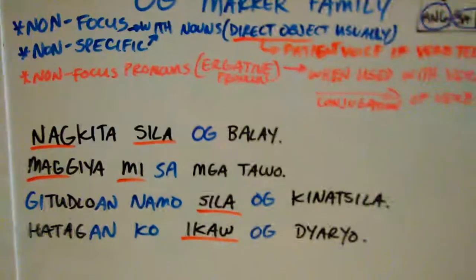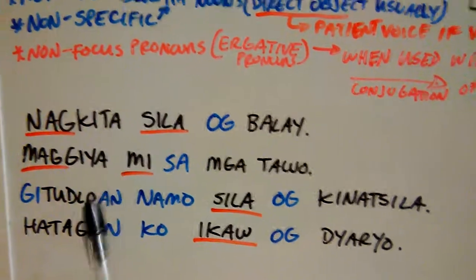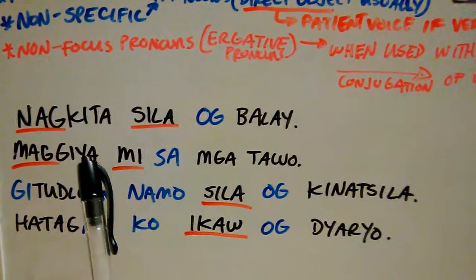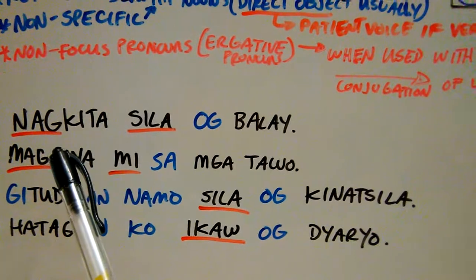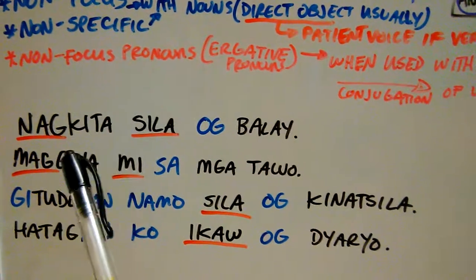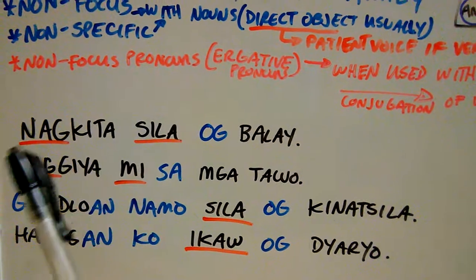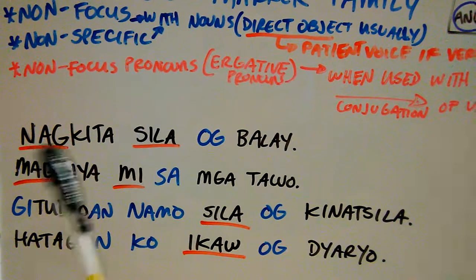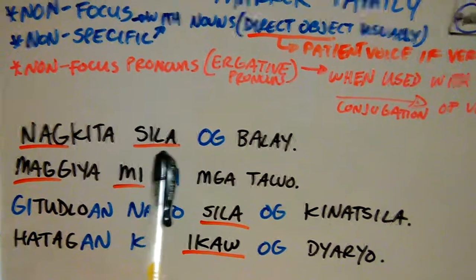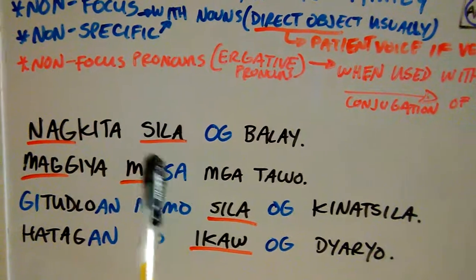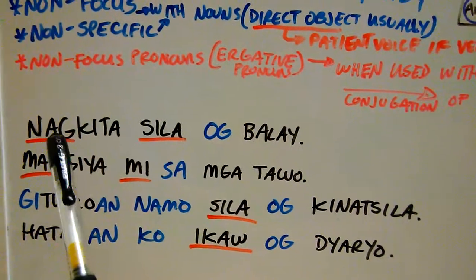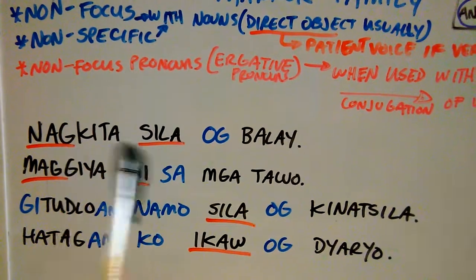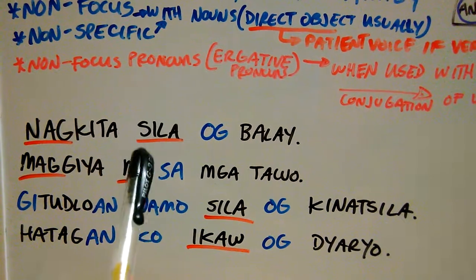And here are some example sentences, okay? The first one: Nakita sila og balay. Nagkita sila og balay, right? Nag is an affix for the absolutive case. It's also that direct agent focus, right? So we're talking about the agent focus. Sila is our agent, they. That's an absolutive case pronoun. So nag triggered this absolutive case pronoun to be used. Nagkita. Nag only works with the absolutive, right? It doesn't work with the